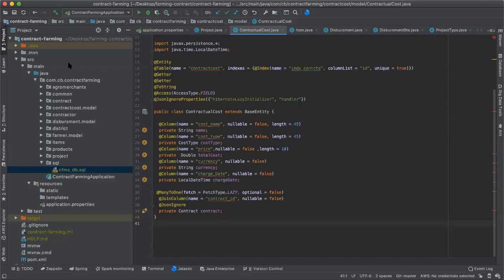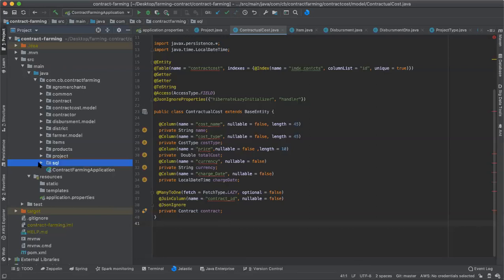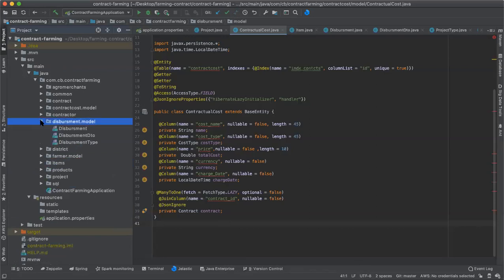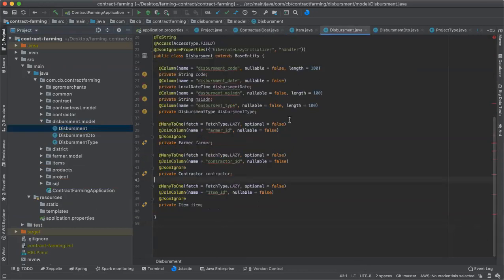So what I went on doing, I felt that there is a need for us to have a component in our system where we can do what I call the disbursement. Disbursement is a situation whereby we want to give farmers inputs. So what will happen? I'll have a group of